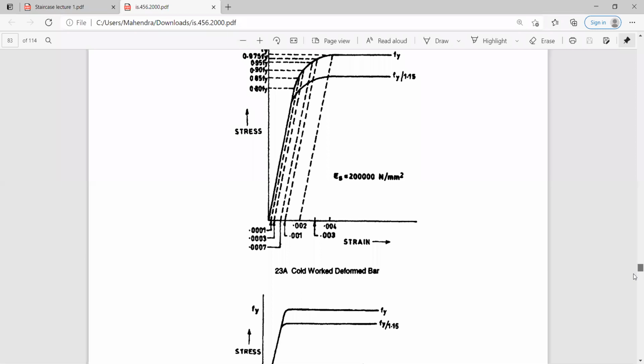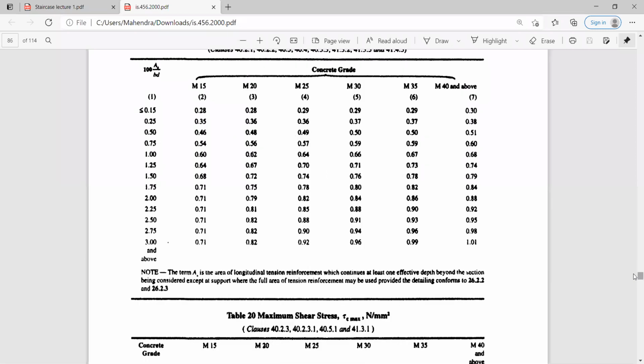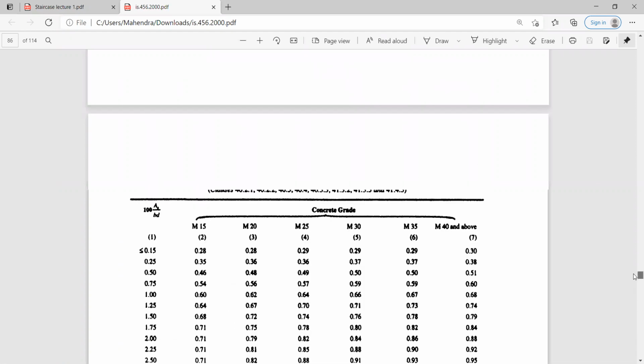See, you are having M20 grade of concrete and the minimum percentage you had calculated is 0.39. तो आपको M20 grade of concrete, so you have to do the interpolation between 0.25 and 0.50. 0.25 के लिए आपके पास वैल्यू है 0.36 और 0.50 के लिए आपके पास में वैल्यू है 0.48. बट आपका परसेंटेज मिनिमम की वैल्यू आई है 0.39. So you have to do the interpolation. After that, you are going to get the value for tau C from this table, from page number 73, table number 19.